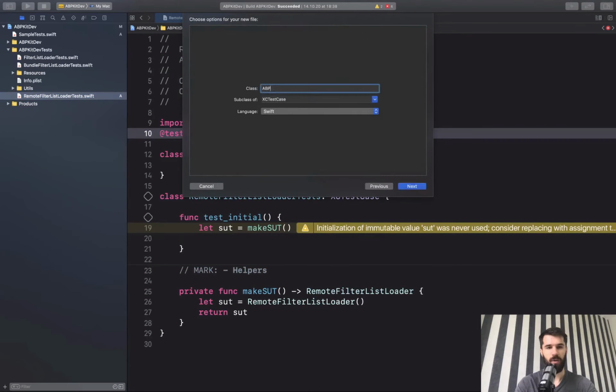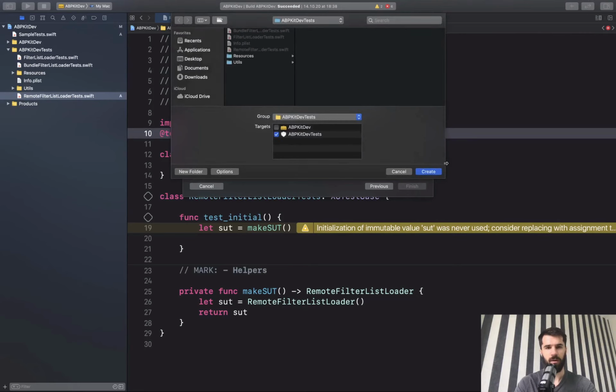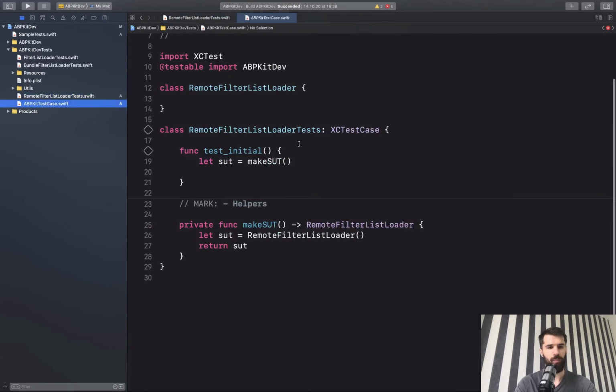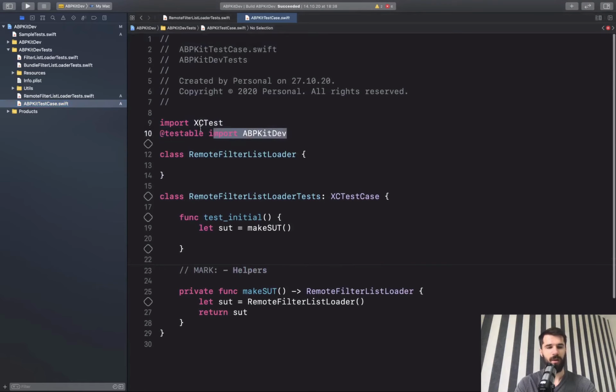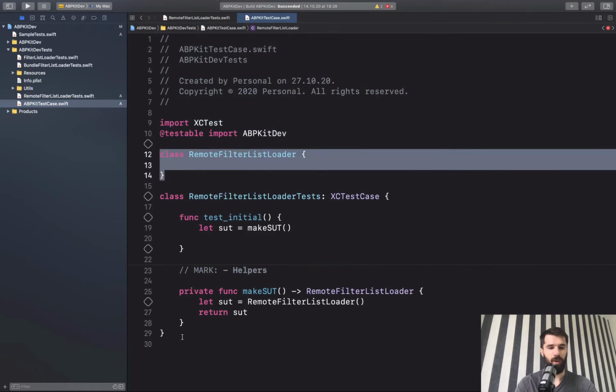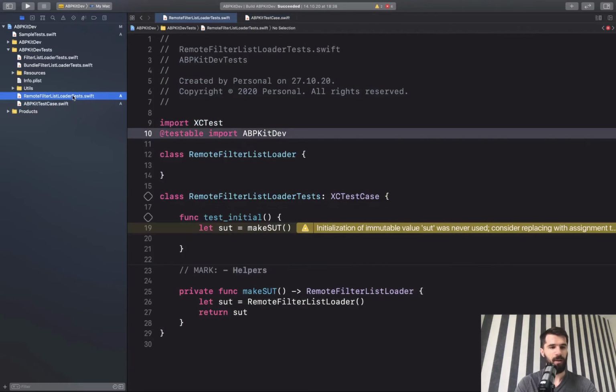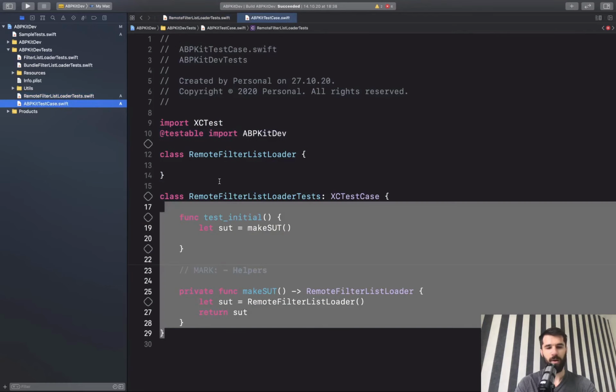So ABPKit test case, and let's see if it gets populated with what we want. As you can see here, we have all of our boilerplate code that we have created pre-populated. So what we will want to do next is to simplify the UI for when we